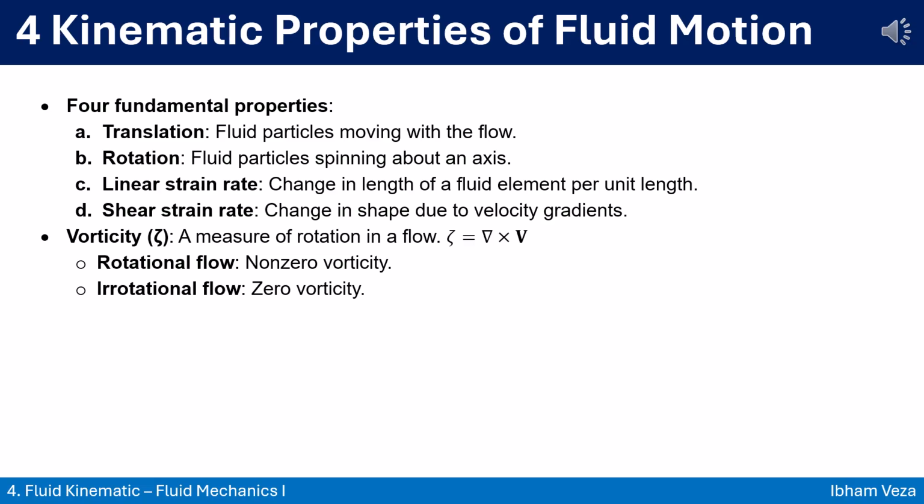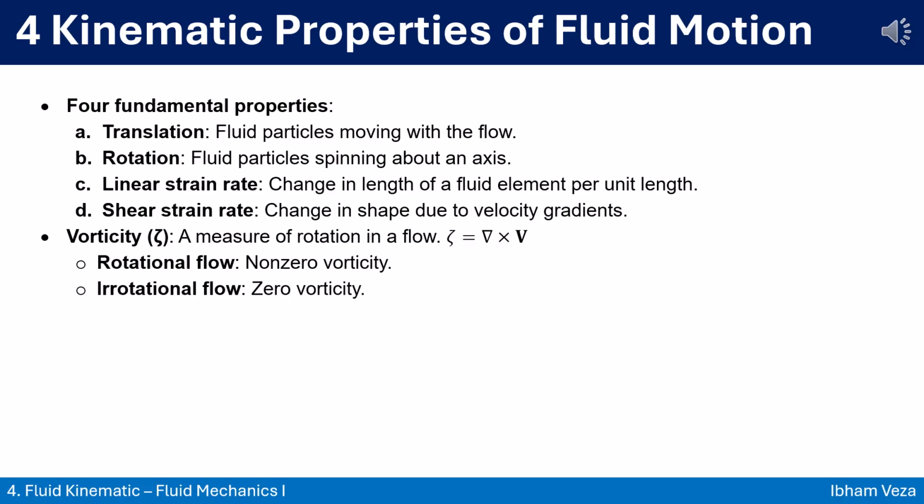4. Kinematic properties of fluid motion. When fluid moves, it doesn't just drift in one way. It has 4 basic types of motion. First, translation, where the fluid simply moves forward, like a boat on calm water. Second, rotation, where fluid particles spin around, like a spinning coin. Third, linear strain rate. This happens when the fluid stretches or compresses, similar to pulling or squeezing a rubber band. Fourth, shear strain rate, where the shape of the fluid changes because some parts move faster than others, like smearing